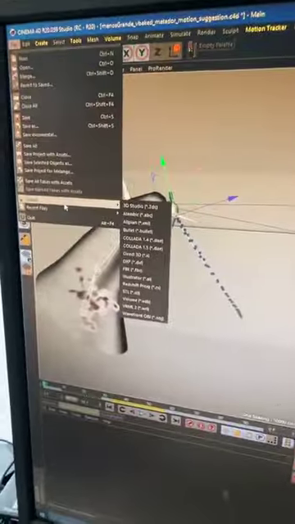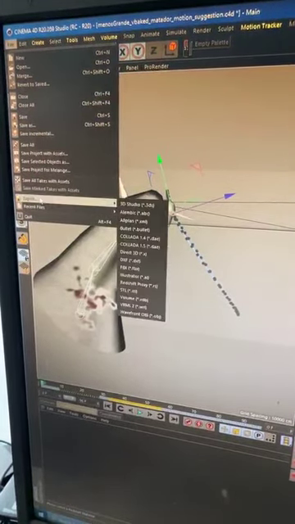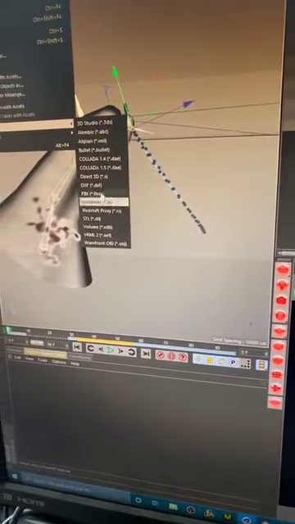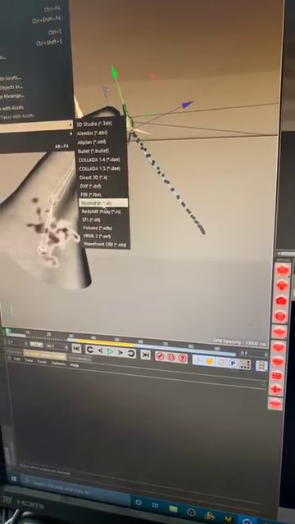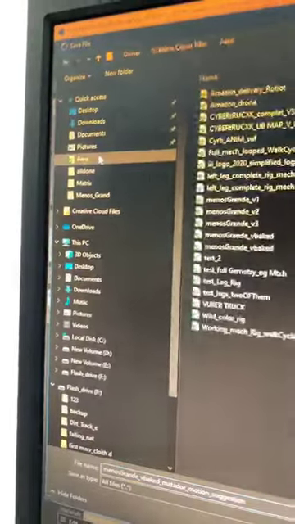Okay, so we're gonna go to file, export, and I'm gonna export this as an FBX file. Where is it? There is my FBX somewhere. There it is, a .fbx file. Cool, it says Menos Grande V-Baked Matador Motion Suggestion. Excellent. I'm gonna save it to the Adobe Aero folder so that it automatically syncs to the cloud, and we'll